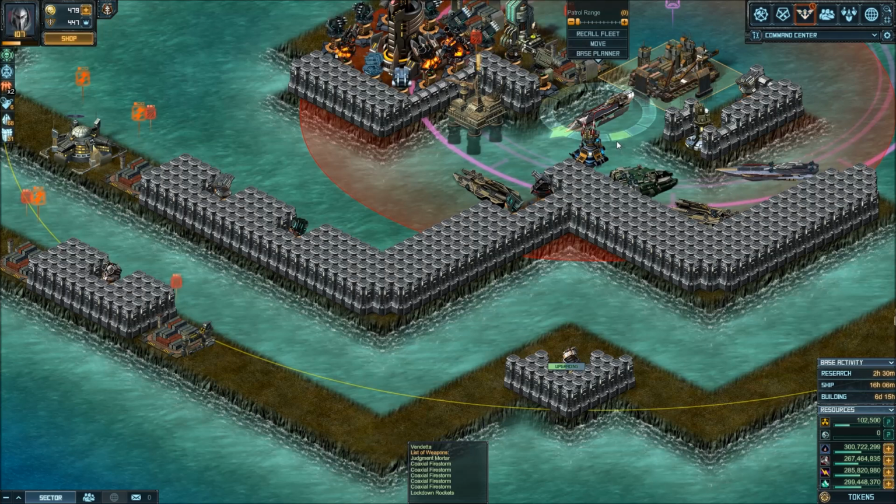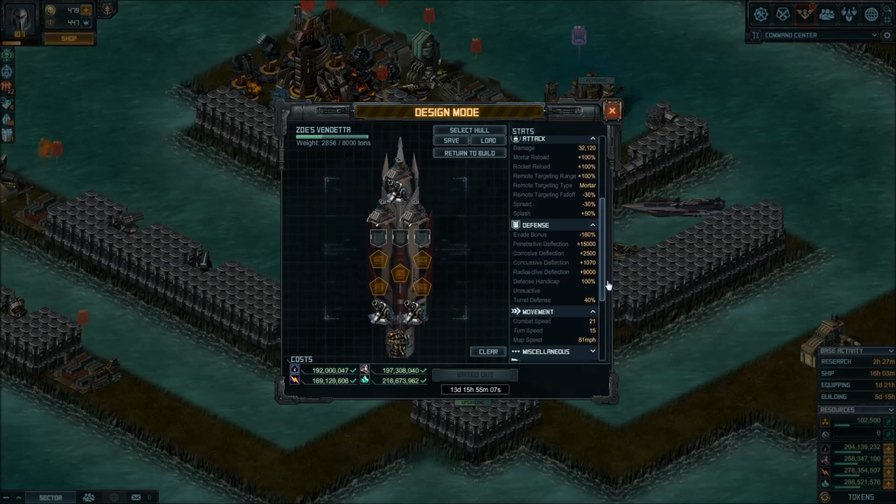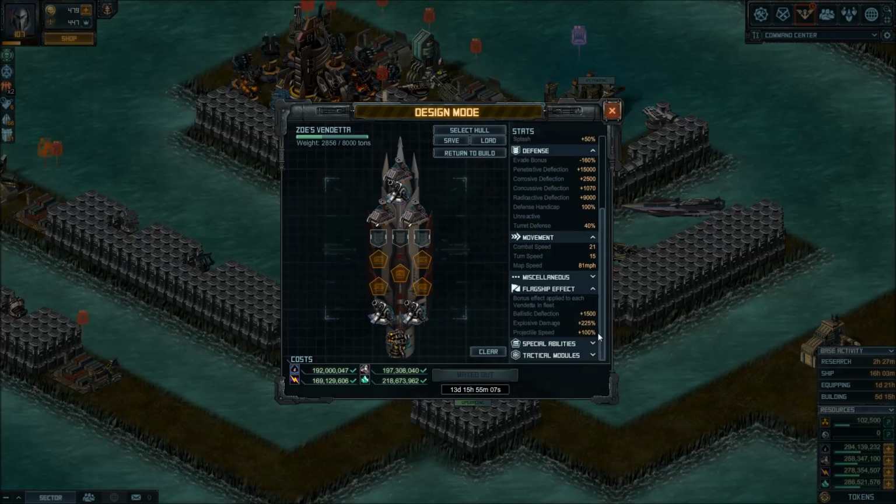Right, so let's take a look at the build for a ship similar to that. Let's start by taking a look at the Zoe's Vendetta, as this one has some flagship effects and would make a fantastic base guard. Every Vendetta has the bonuses you see here in the attack field: less spread, more splash 50%, and extra bonuses for mortar and rocket reloads, right? The difference being the Zoe Vendetta as a flagship effect will give you some ballistic deflection, but the most important,